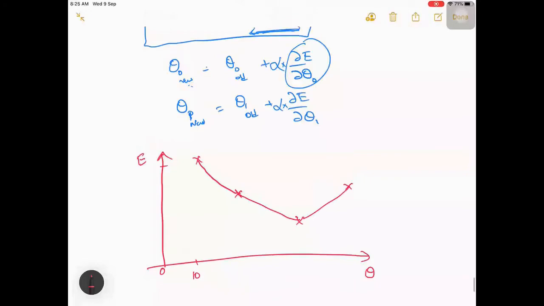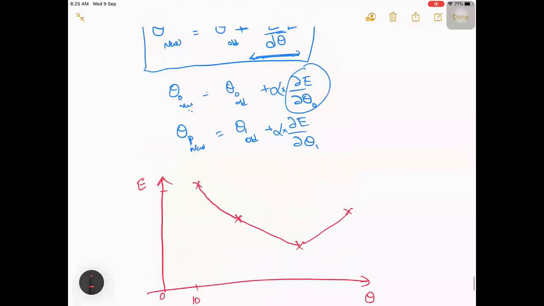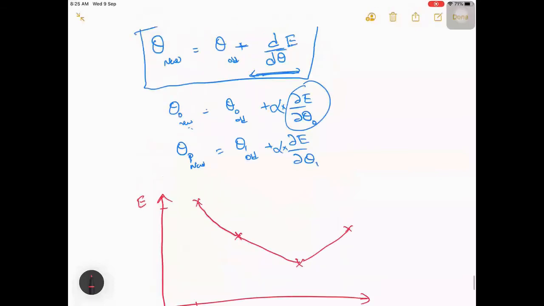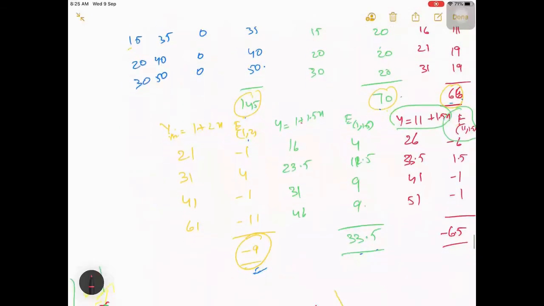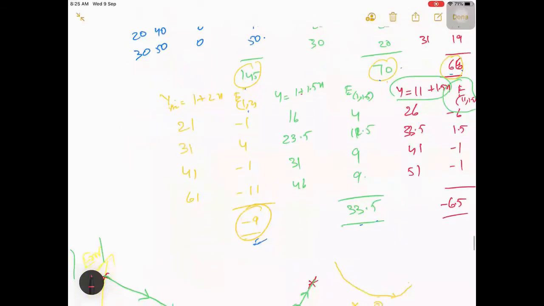Okay, so now in the real case, if you remember here, what I have done is where it went to 2, where it went to a negative value, meaning it went to the other side. Then I reduced this theta, right?